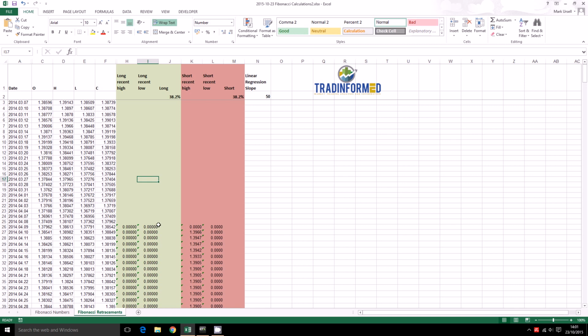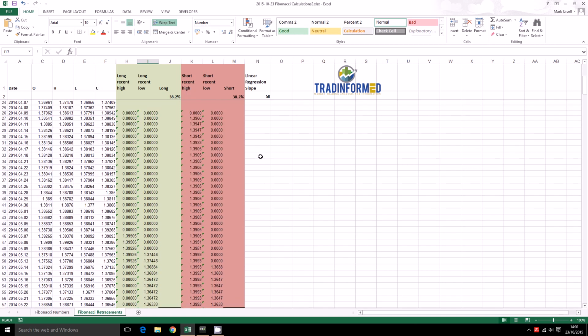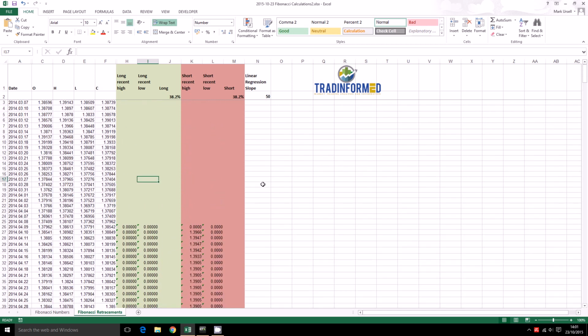So, how have I calculated it? Well, I'm using a colour here to identify our long Fibonacci retracements in green and our short ones in red. And also I have the linear regression slope here as well. So, how do we go about starting with the long linear regression